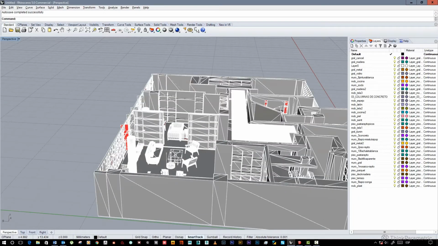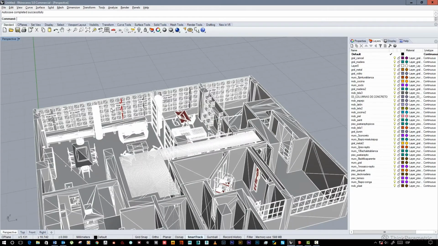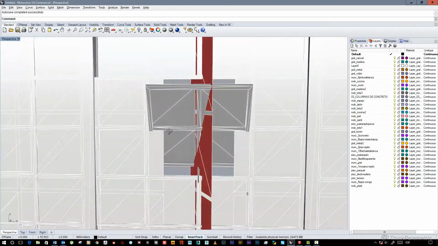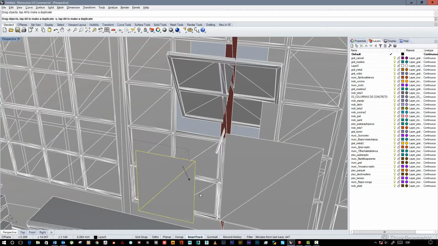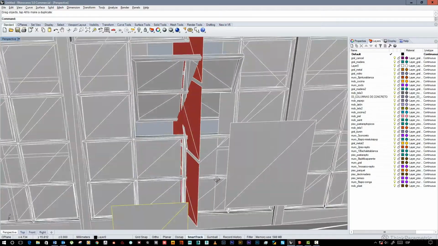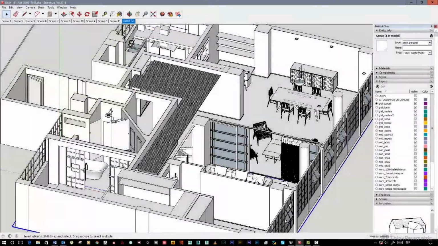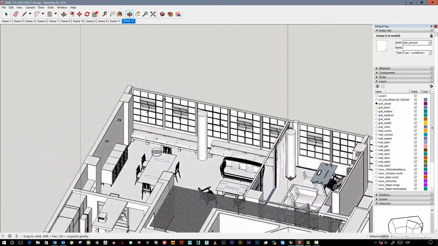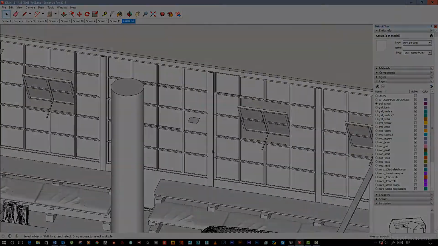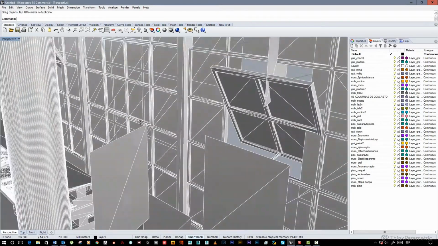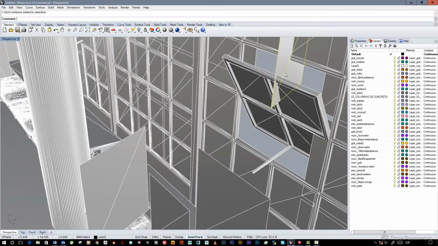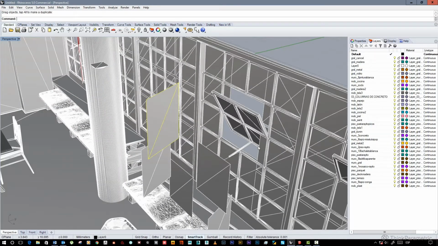Okay, so this is a model directly imported to Rhino from SketchUp. The first thing that I can see that is strange in here is that there is geometry that I don't understand where it comes from, since pretty much all this geometry was already hidden in SketchUp, and actually here in the model we can't see it. So yeah, these are a few of the issues I told you about when importing it into Rhino. So I think we're gonna be trying to import that directly into Max, and let's see how it goes.